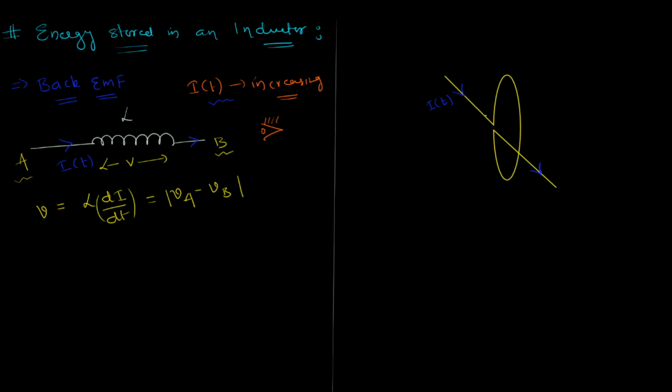So this loop is like the current comes here, goes along the loop, and since you are seeing from this end, you're seeing the whole inductor as a single loop. The current would come here, eventually would go like that, and then like that, and it goes on. So from your perspective, this looks clockwise, and not only is it clockwise, it is increasing.